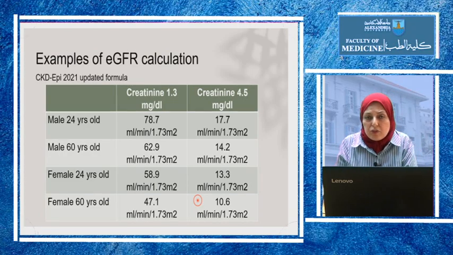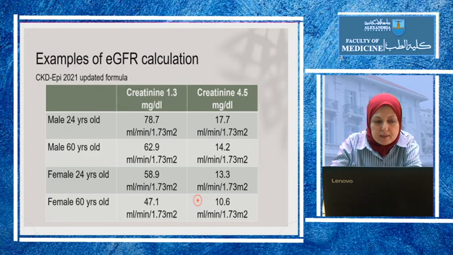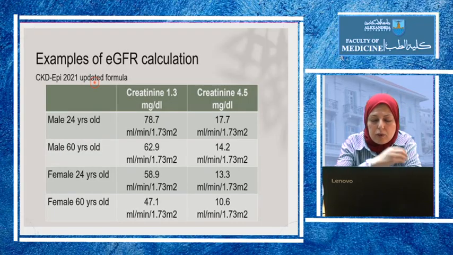So why not just rely on creatinine, and why do we have to calculate the estimated GFR? Now, if we use just the creatinine and we use the most accepted formula, which is the CKD-EPI 2021 formula, which is present on many medical calculators that you may find on mobile apps, or you can find it online.